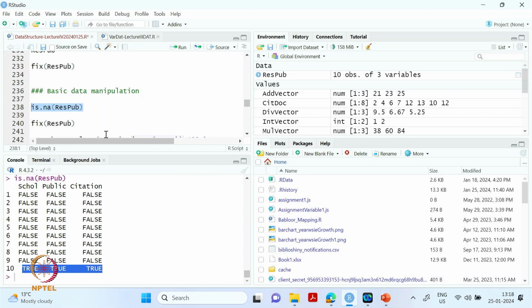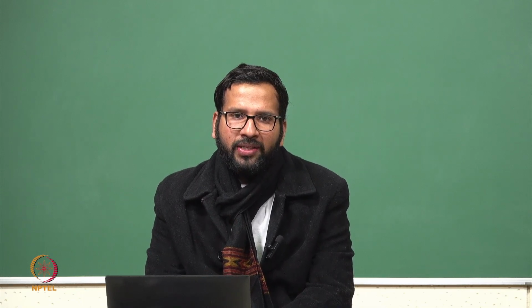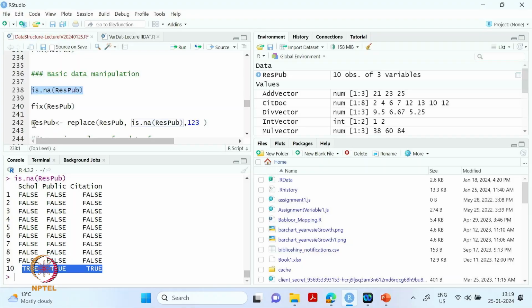We can also do this with fix, but there is a special function in R which we can use to replace these values, that is the replace function, and it is very useful during our analysis. So I request you to give the replace function a try also. So how will you do that? If you do it like this,